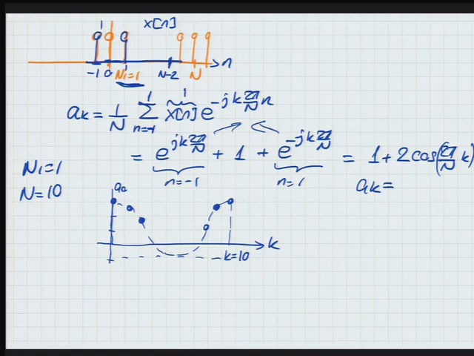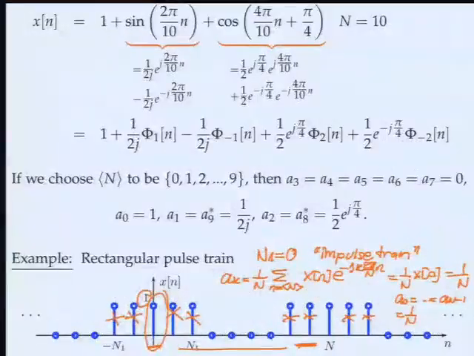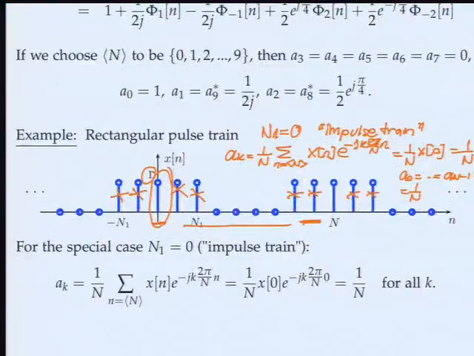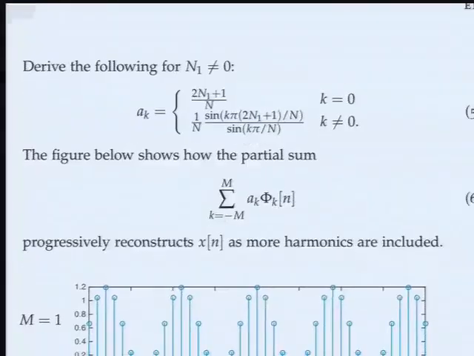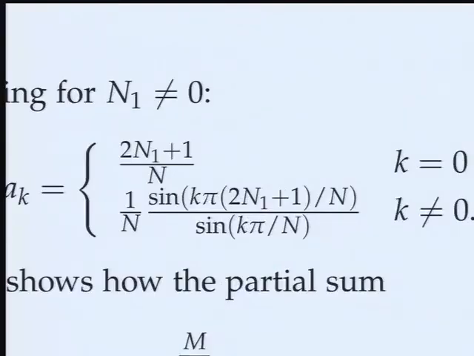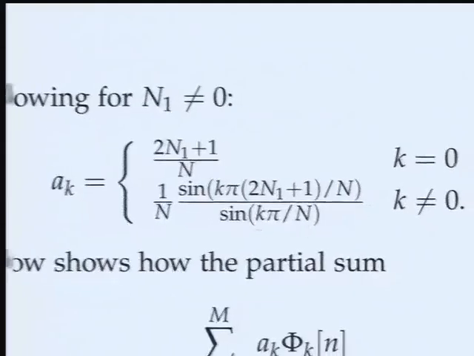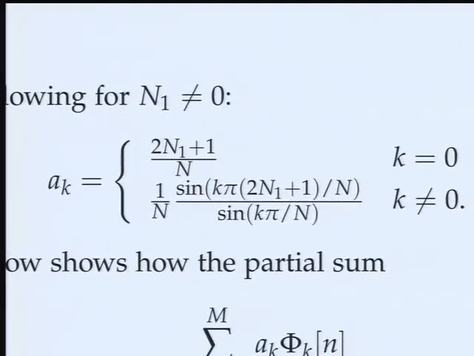Okay? So if you are patient, you can do this type of calculation for any n1. In fact, it's done in the notes. Actually, it's not done in the notes. The note says do it. Okay, so if you do it, it says, for any n1 different than 0, this is what you're going to get. Okay? And presumably, this encompasses every expression we had so far. So if you set n1 equal to 1, what you see here should recover that cosine expression we had.